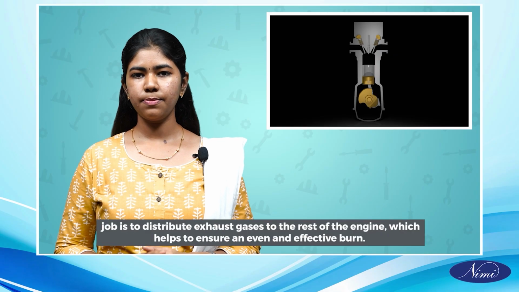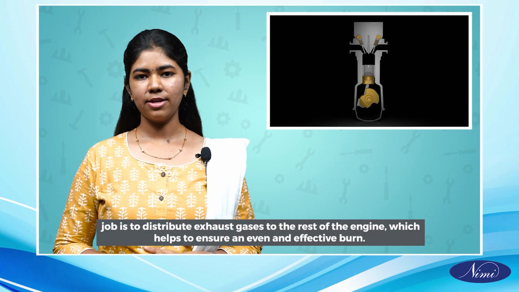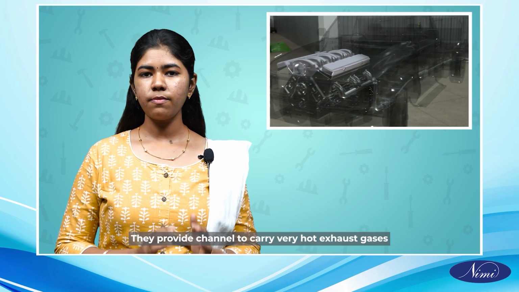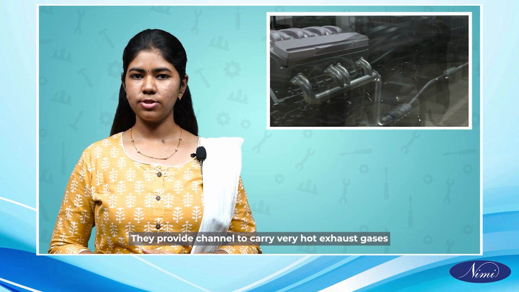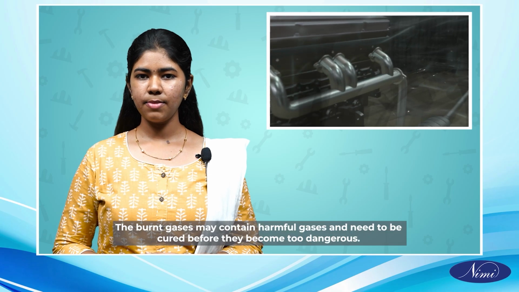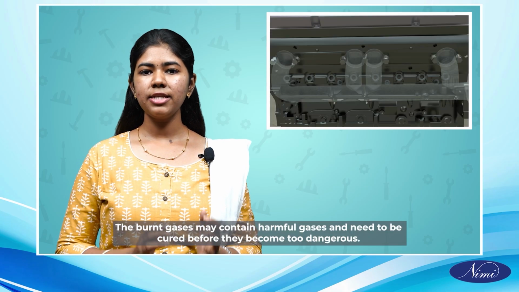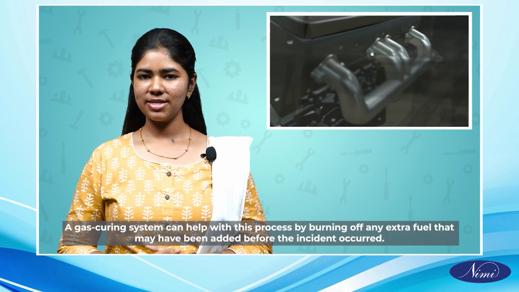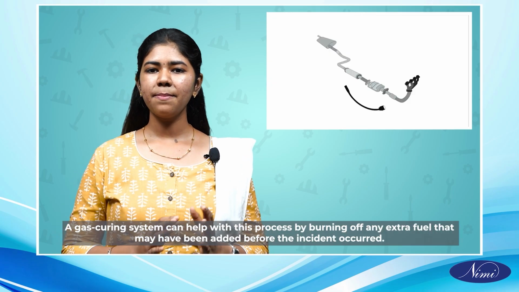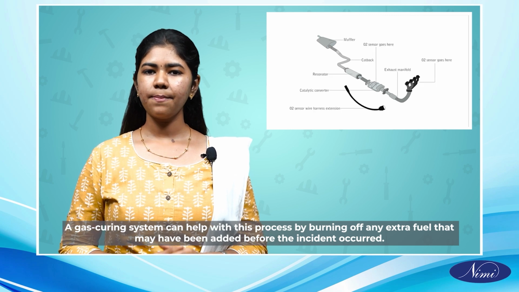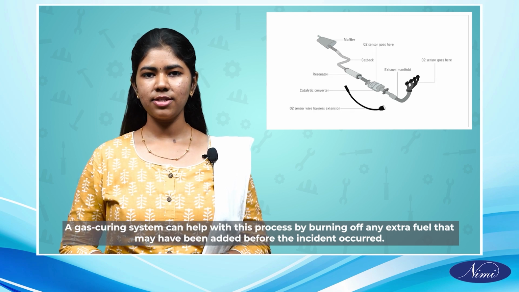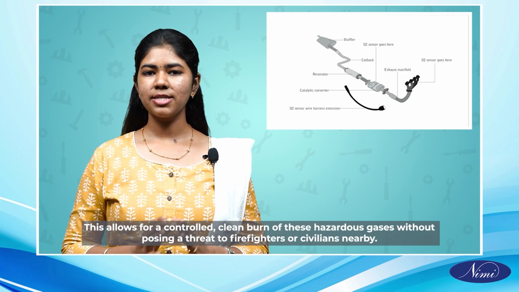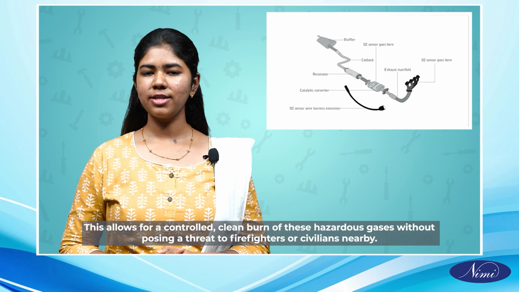Its job is to distribute exhaust gases to the rest of the engine, which helps to ensure an even and effective burn. They provide a channel to carry very hot exhaust gases. The burnt gases may contain harmful gases and need to be cured before they become too dangerous. A gas curing system can help with this process by burning off any extra fuel that may have been added before the incident occurred. This allows for a controlled, clean burn of these hazardous gases without posing a threat to